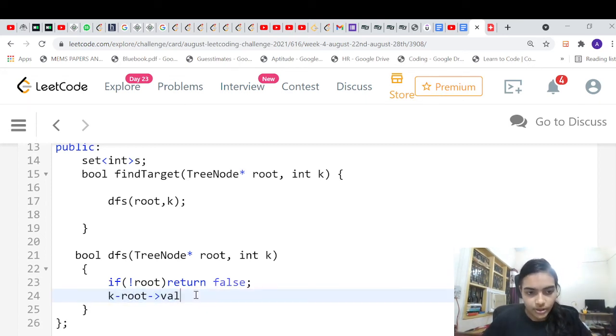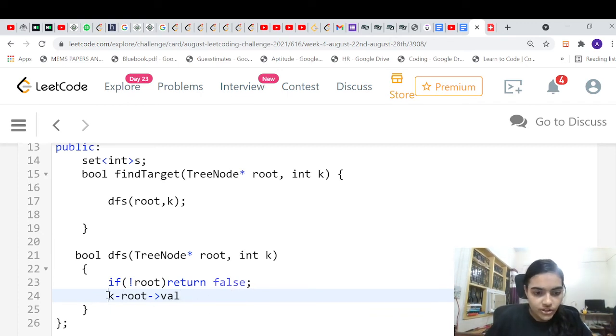Suppose you want to make 8 and the current value is 3. Then you will try to find if 5 is already existent in the set or not. If 5 is existent in the set, it means you have already seen a 5 and you have currently got 3, so 5 plus 3 will give you 8. So this is the approach.